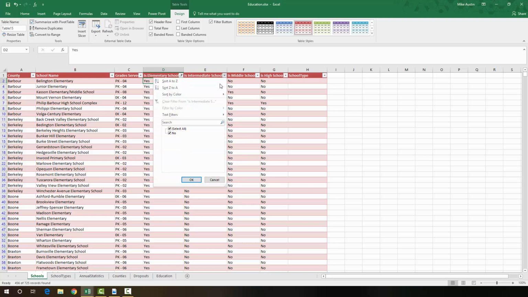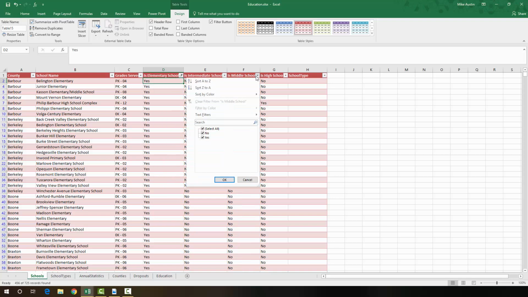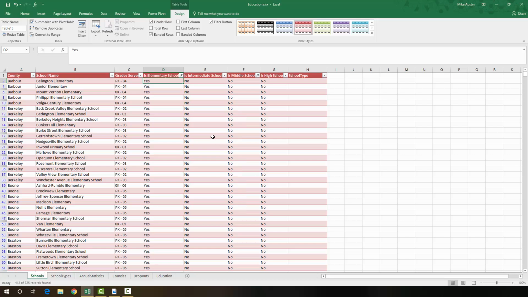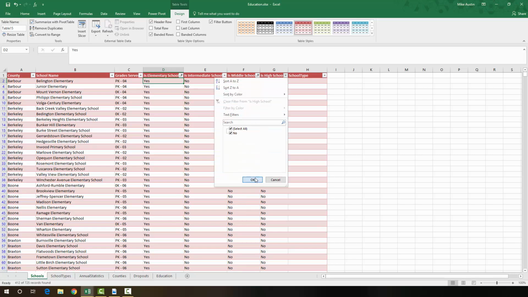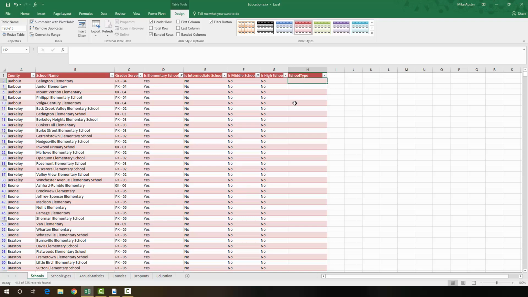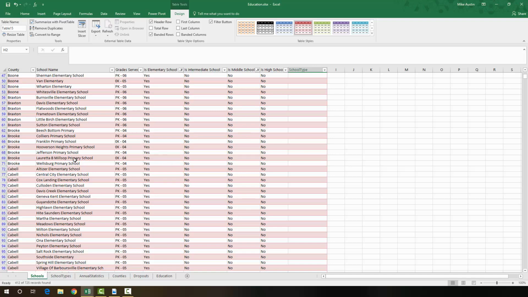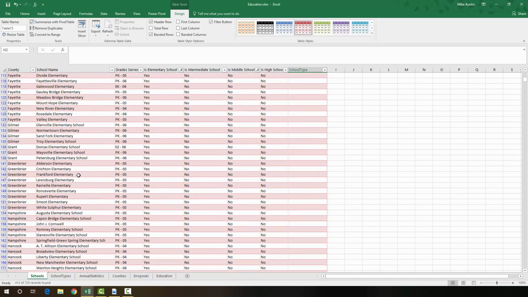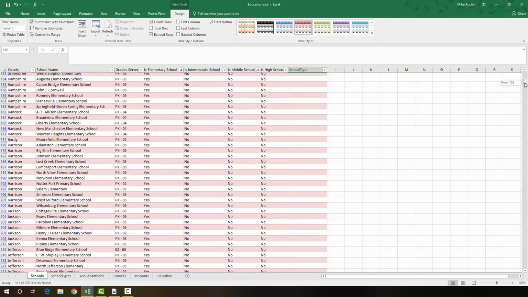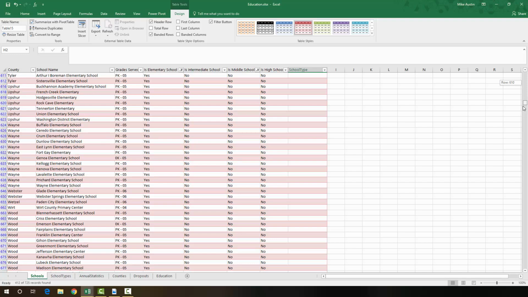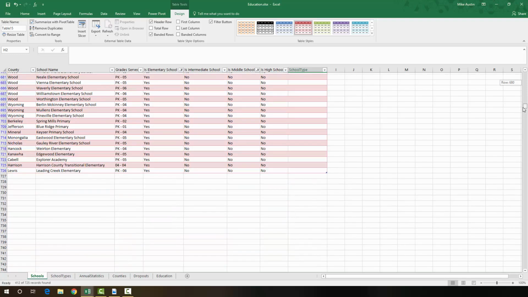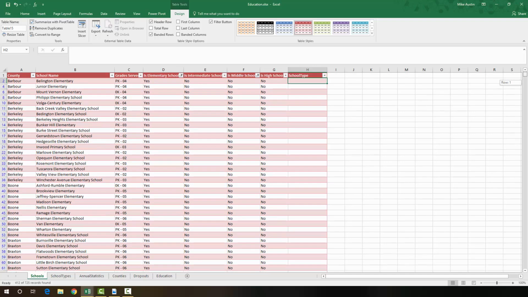And I'm going to make sure that all of these ones over here, is intermediate school, is middle school, are all no. So I'm going to uncheck any yeses going on right there. And then what I'm left with will be only ones that are elementary schools. As you can see, primary school, elementary school, and so forth, going all the way down. We'll see that about 400 of these schools right here are elementary schools out of the 700 or so. So I'm going to type in ELS,